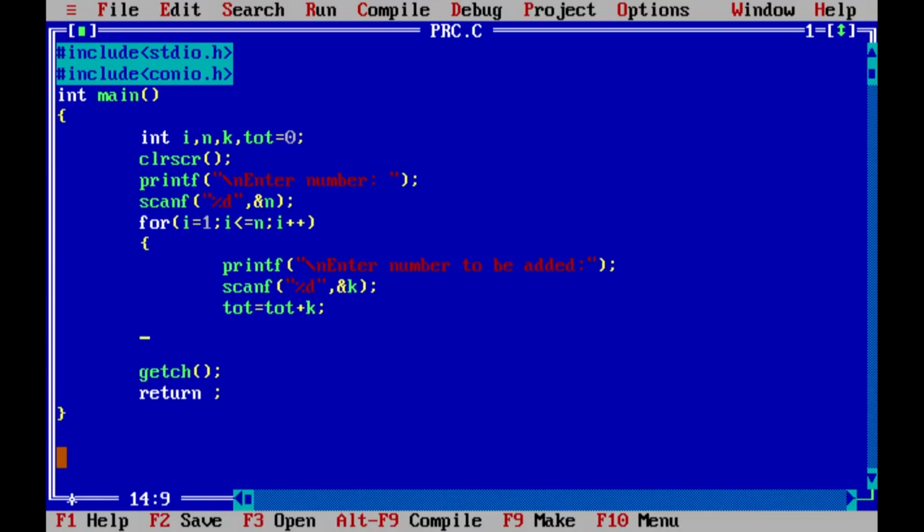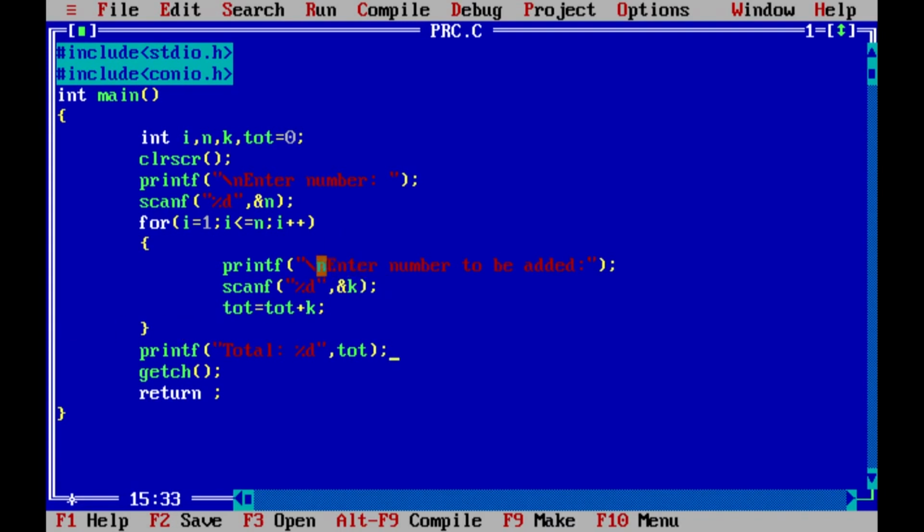Then we will end the for loop, and after exiting the loop, it will print total, %d, tot. Yes, the program will end. Now what is the actual working of the program?